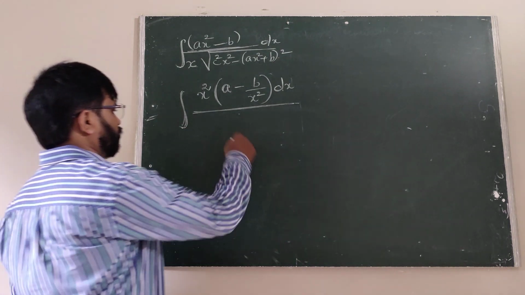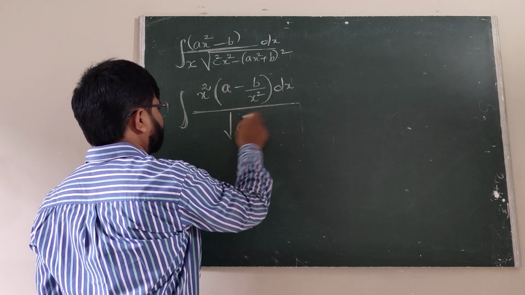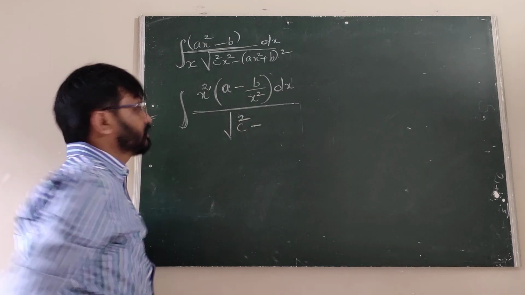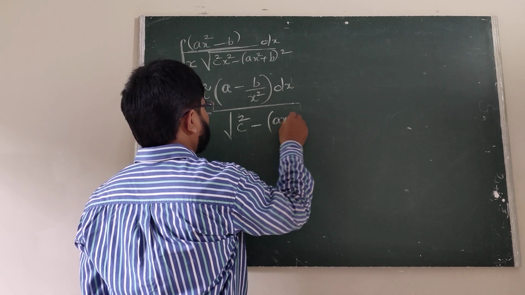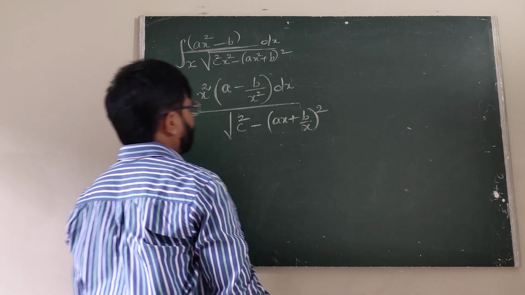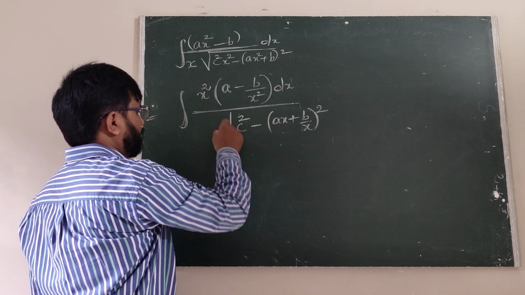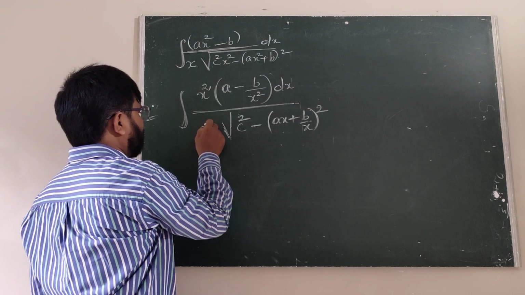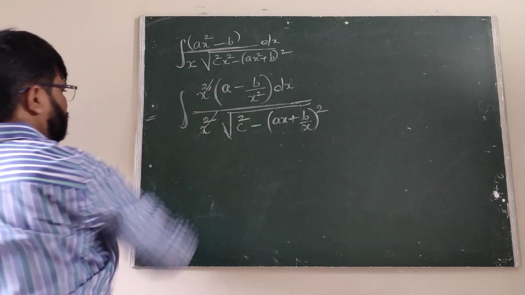Now we are taking x square as the common factor in the numerator. Now this is the c square minus of, when we are taking x as the common in this, it will be ax plus b by x whole square. Therefore when we take x common here, this is x square, the other also x square. Now x square is the common, therefore square and root are cancelled. x into x is x square. Therefore these two are cancelled.